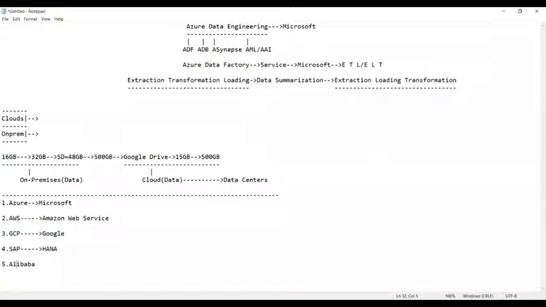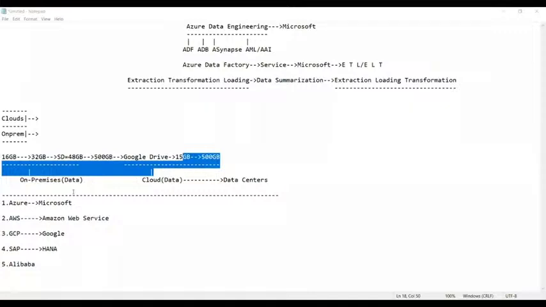Now, we have many mobile phones in the market, but who is called the market leader in mobile phones? Apple, iPhone. Apple is the market leader. Who is the second market leader even today? Samsung. Because of some good features and the software they use. In the same way, we have many cloud providers in the market, but the market leaders are these three only.